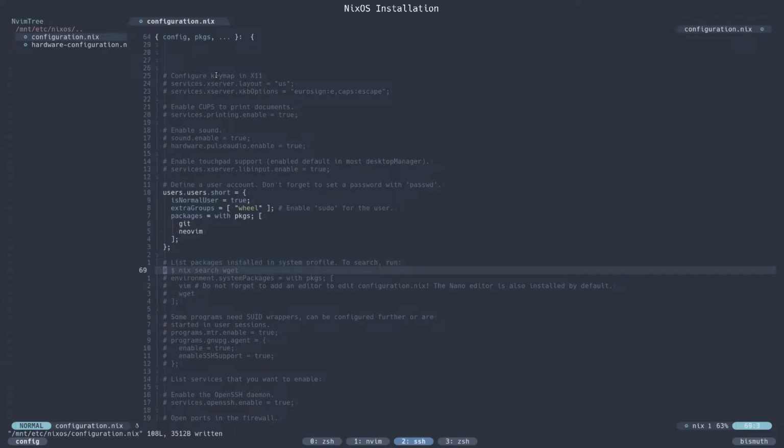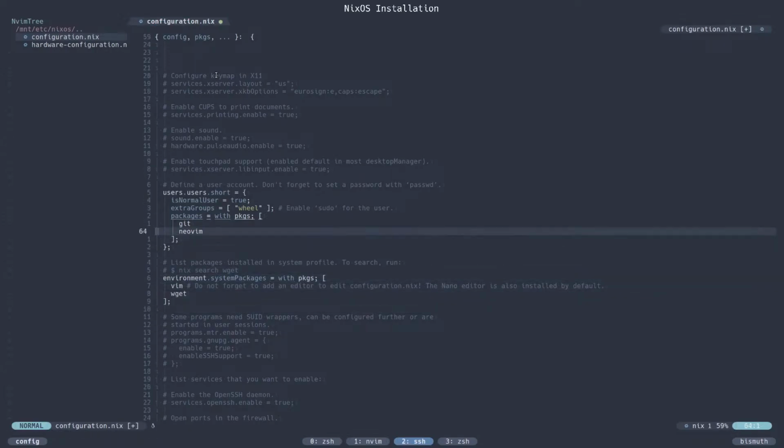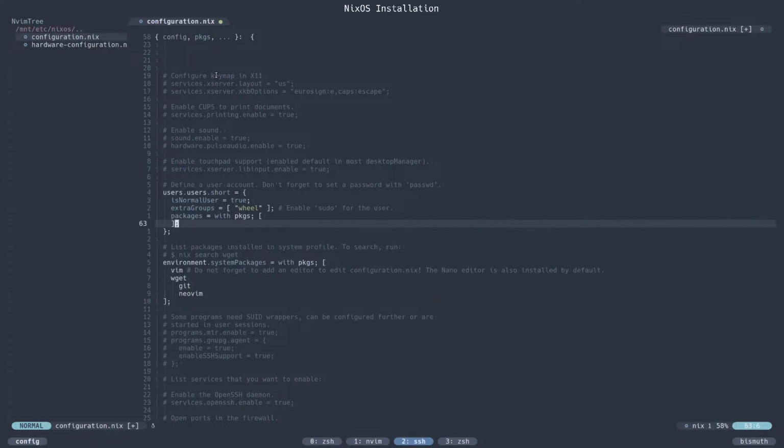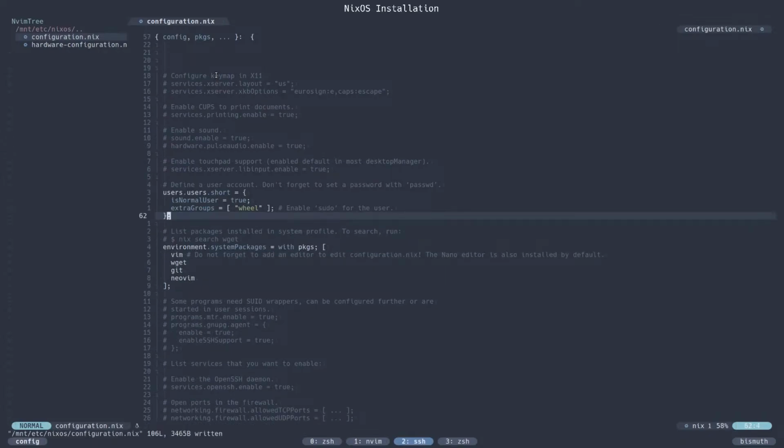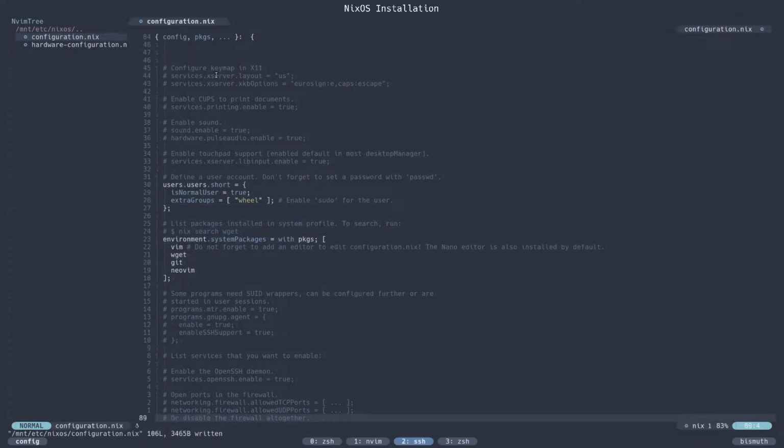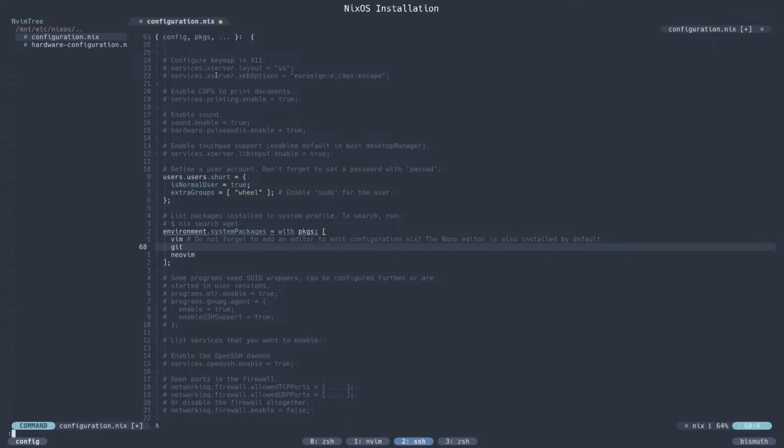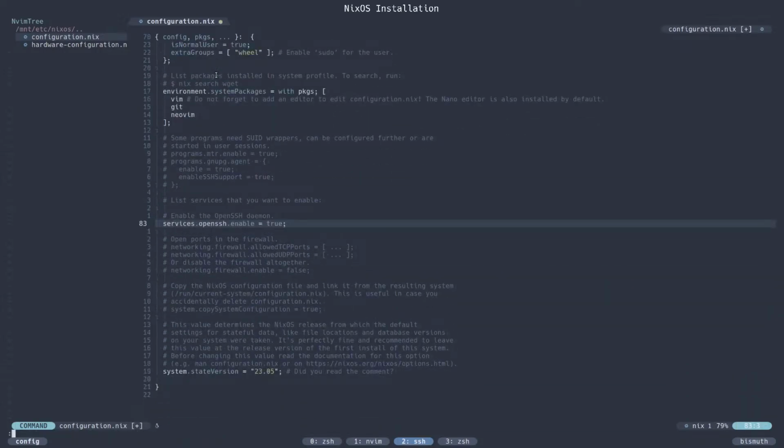Okay, so now system packages. Oh, actually, we'll put these in system packages. We don't need user specific packages. At least my systems tend to be single user, and I don't mind just having everything installed system wide. So that would be why. Okay, we don't need wget. Vim, I guess. We got NeoVim, which is the one we're going to be using,